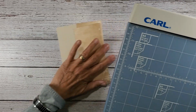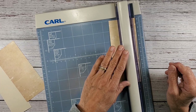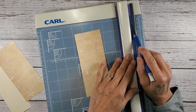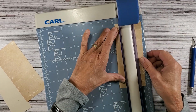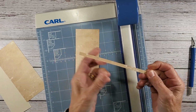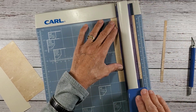So now I'm going to cut my strips for the weaving, and I will start this. Now, what I'm going to do to get the width that I want: I have a guard on here, so I'm going to clip from this guard over to this white. And then that way I can keep all of my strips in a uniform size. So they will all come out this width here. And it's pretty much the same width that I cut, a 1/2 millimeter or something like that, that I had cut